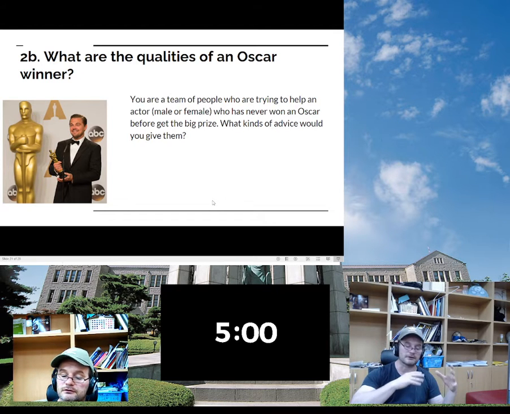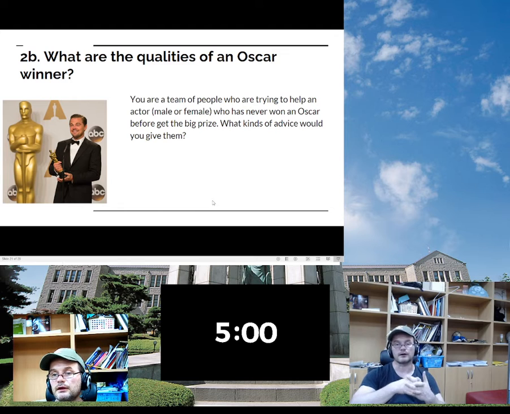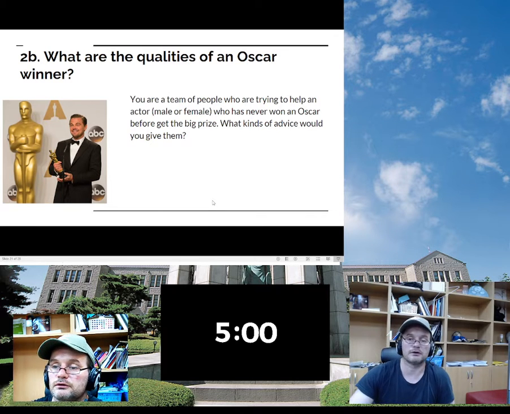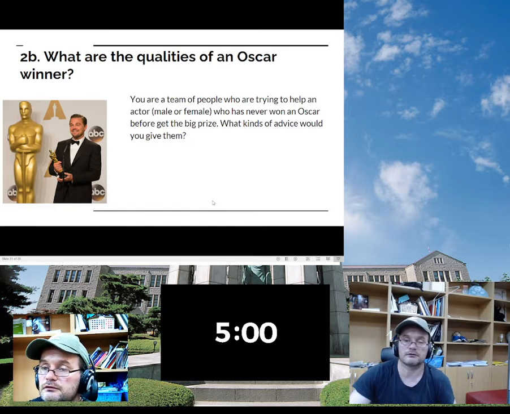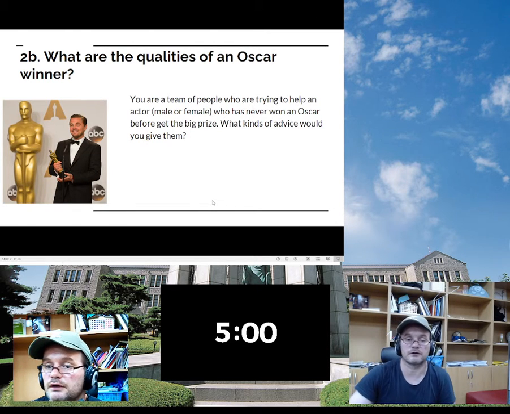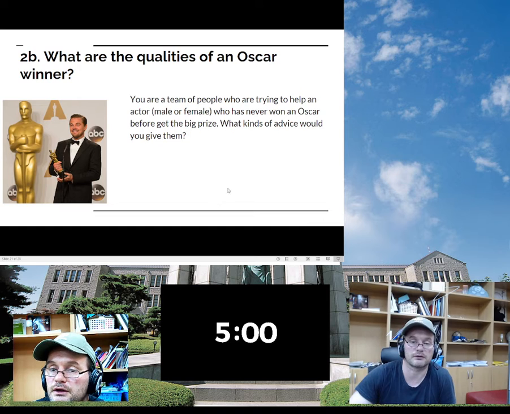Maybe you need to do a little research and find out how other actors who have been in Hollywood and have won Oscars, how they became famous. What did they do? What were the steps they took to get to where they became? So, yeah, look at Wikipedia, see some of the biographies, and find out what they did to get to win an Oscar. So, here, of course, is